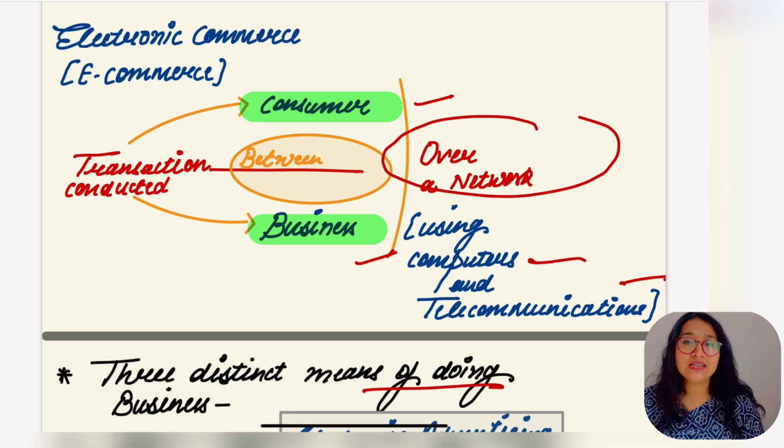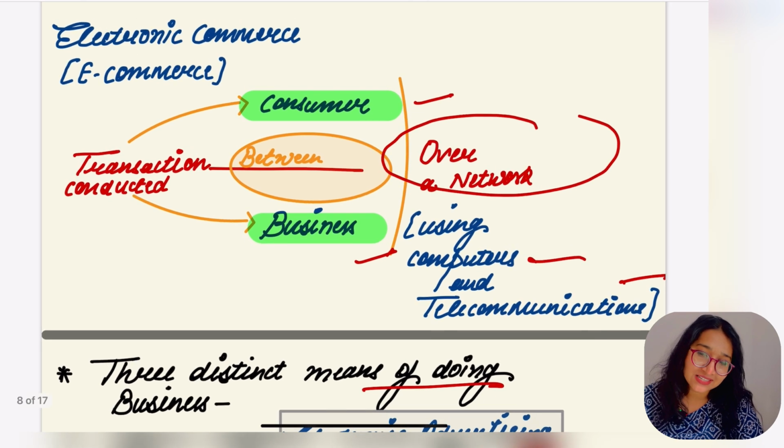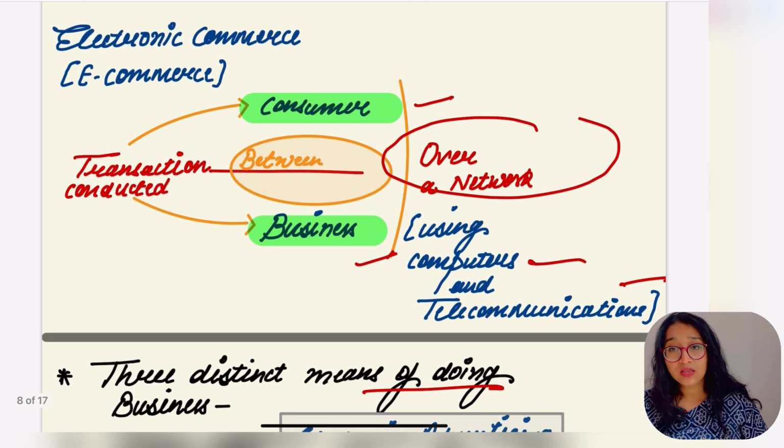The second step is placing the order by the consumer, the customer. So a sale transaction is involved. Once you place the order, the seller is going to sell the product, and sale is one of the transactions. Remember: sale, purchase, provision of service, lending, borrowing, cost allocation and all. So the second step is an electronic sale.